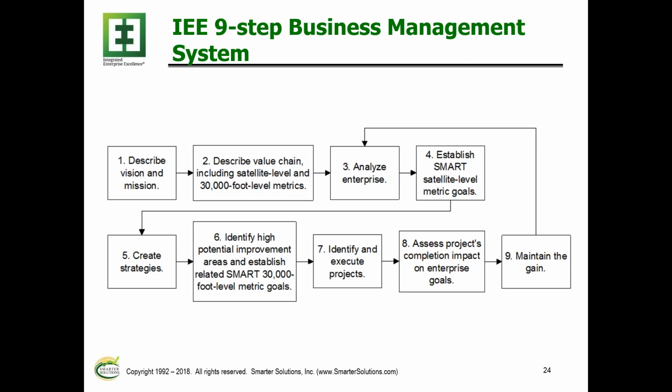Now, if somebody wants to go in and do a Kaizen event or 5S to complete the housekeeping for the supply chain, go at it. But I'm talking about strategic. Then it's number 4, you want to create SMART (specific, measurable, actionable, relevant, time-based) satellite or financial metric goals. Now we want to create strategies that are aligned to that, making that objective happen. Number 6, get high potential areas, where now we'd like to have an owner of the